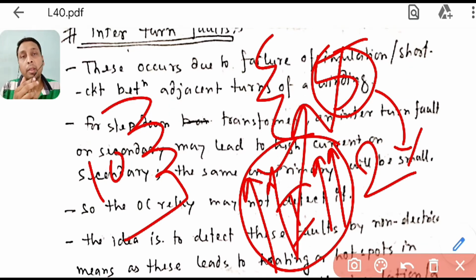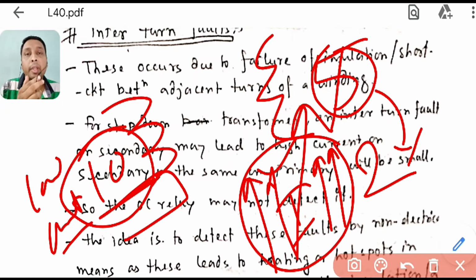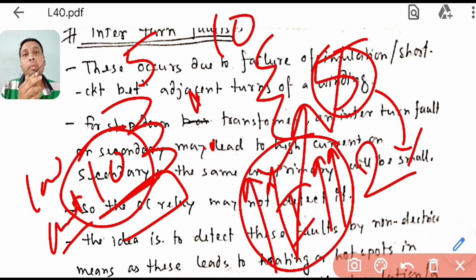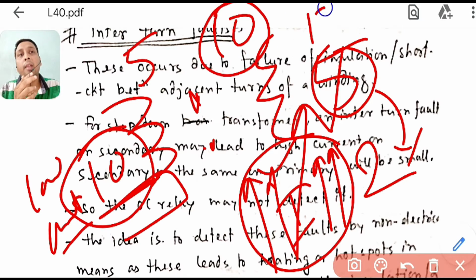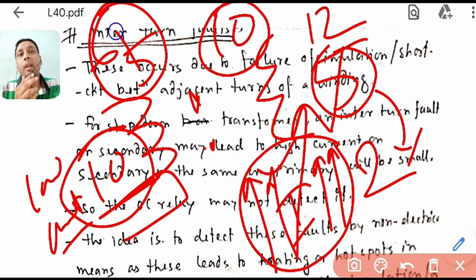But on this side, if you see the ratio, this is already the low current side, so the change in current will also be low, because here the number of turns is more. Suppose this is 10:5, that means your current will be 10 here and 5 there. If it increases to 12, here it will increase to only 6. So the change is only 1 here and 2 ampere there. So the primary current will be less.